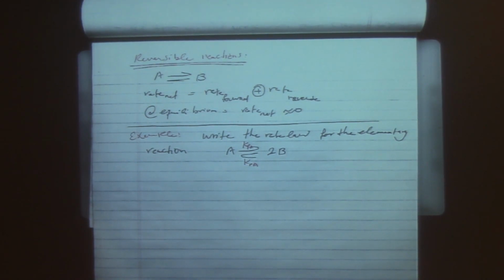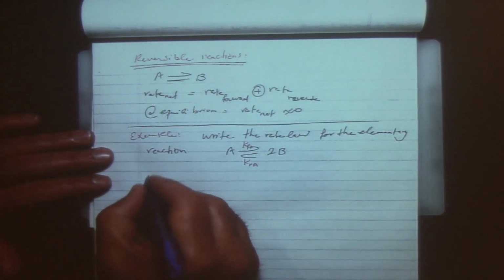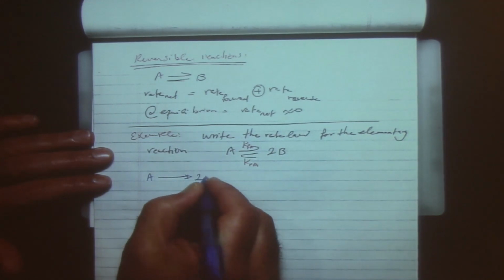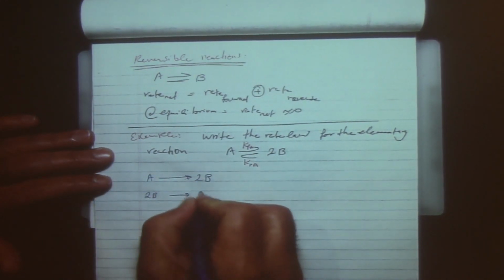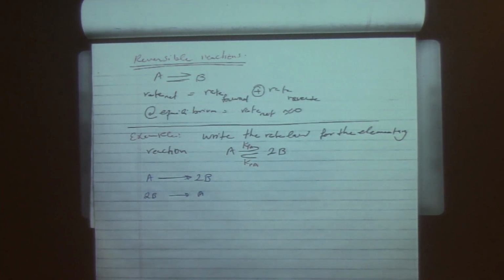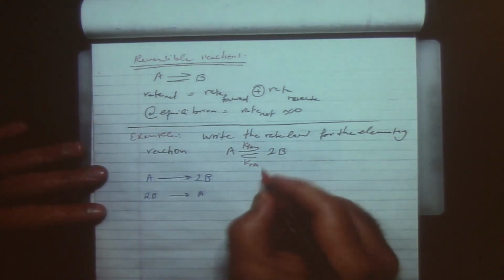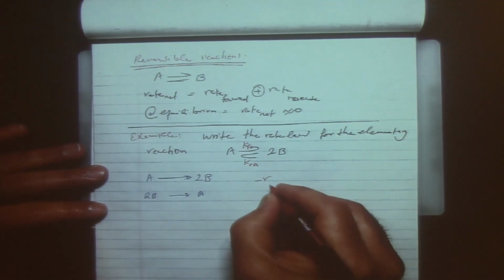So the reaction is A gives 2B, and the reverse reaction is 2B gives A. We're going to write the rate of reaction: minus r_A